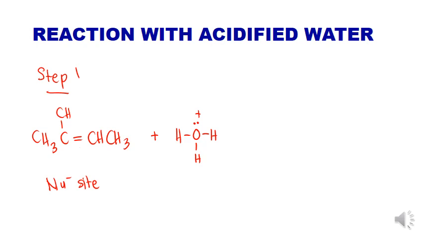So the carbon-carbon double bond will attack one of the protons from the acid and break the bond between the hydrogen atom and the oxygen atom. From this reaction, it will produce a carbocation, which involves the addition of the hydrogen atom from the acid